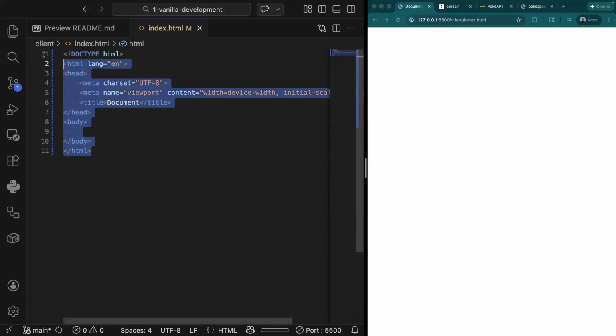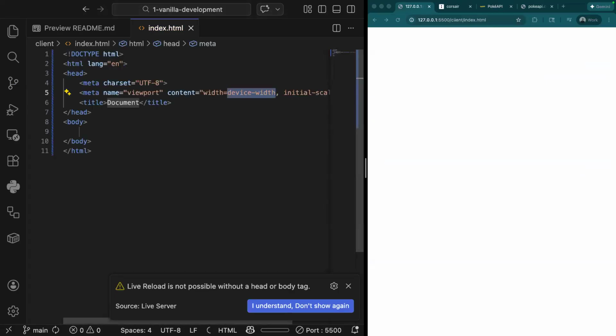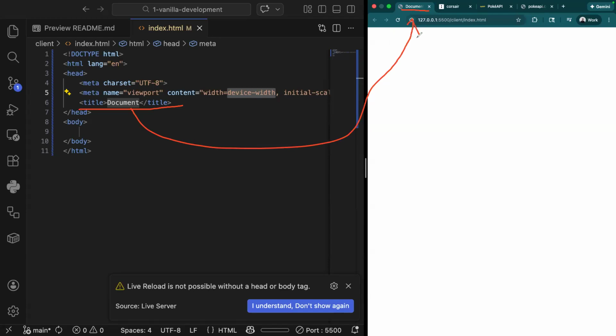Well, before, when I didn't have this, it just gave me my actual router or my browser number. All right. But the moment that I bring in this exclamation tag, it updates and it states that it's called Document. Now, this Document on this tab is related to the Document in this title, right? That's what sets the tab there. Everything within this head tag is information that the browser is going to read prior to rendering any of the body, and it helps the browser just set up